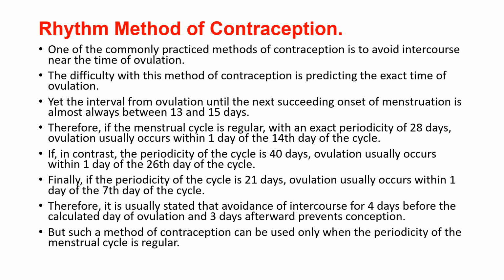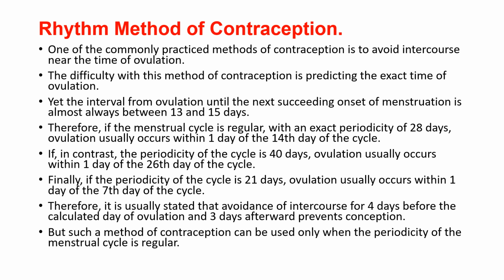Rhythm method of contraception. One of the commonly practiced methods of contraception is to avoid intercourse near the time of ovulation. The difficulty with this method of contraception is predicting the exact time of ovulation. Yet the interval from ovulation until the next succeeding onset of menstruation is almost always between 13 and 15 days. Therefore, if the menstrual cycle is regular, with an exact periodicity of 28 days, ovulation usually occurs within 1 day